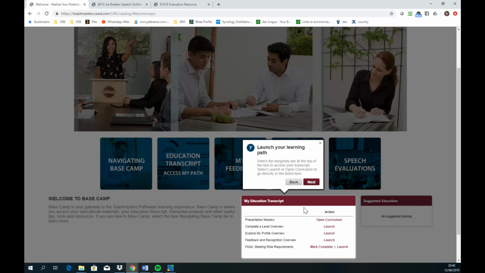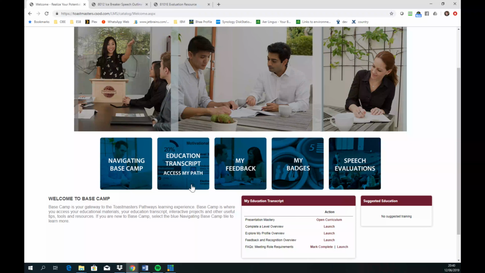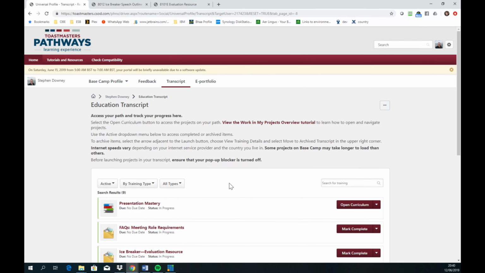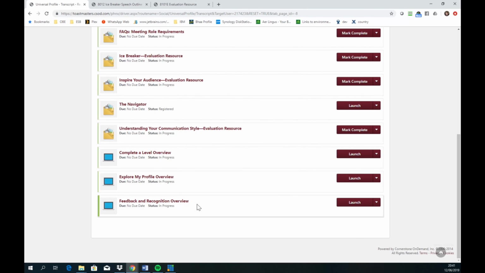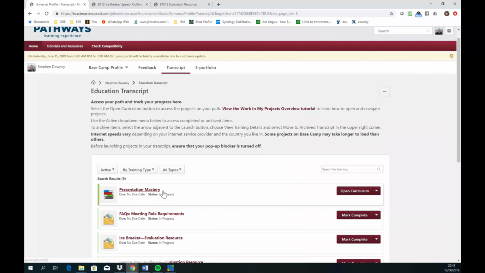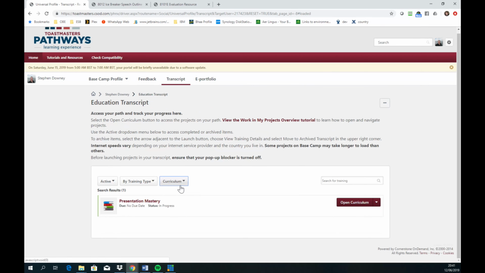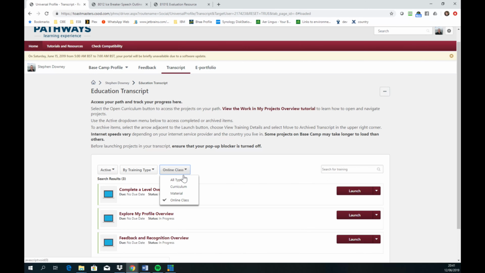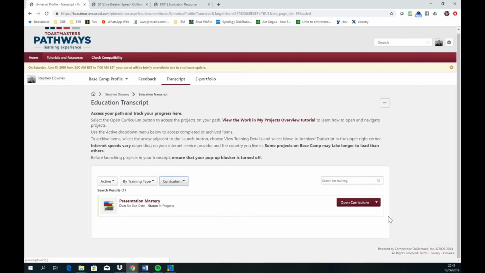The bottom section is about launching your PAT, and it gives you all the quick launches to open your curriculum straight away. I'm going to go into the educational transcript just to show you the way there. So I'm going to access my PAT, and within here it shows me if I've opened any modules at all. They'll all be here. Sometimes it can be a lot of noise. If you want to go back to just your curriculum or your PAT, this is mine. So what I did there was I just picked curriculum. You could also pick online classes, and it shows which ones. So if I go and open my curriculum,